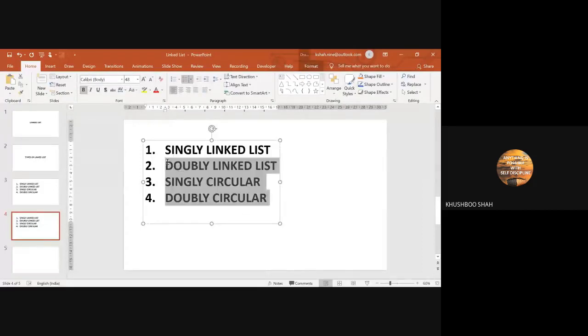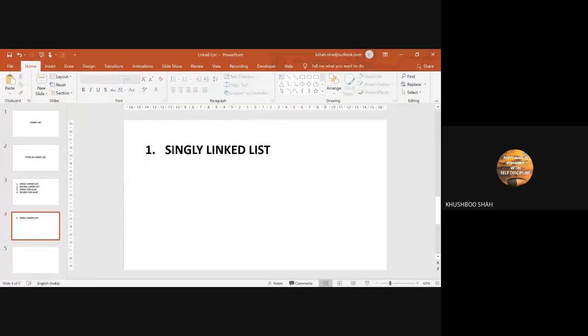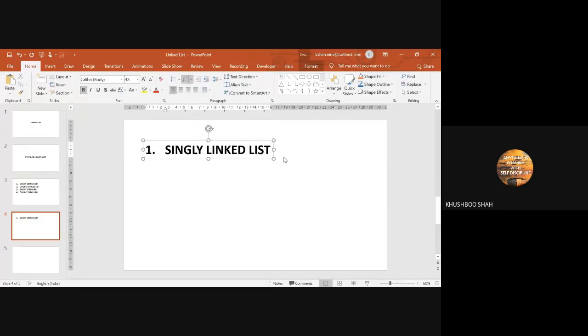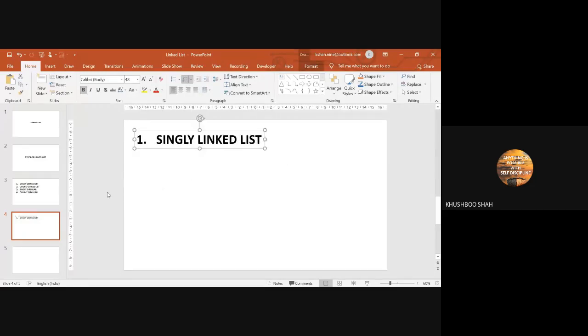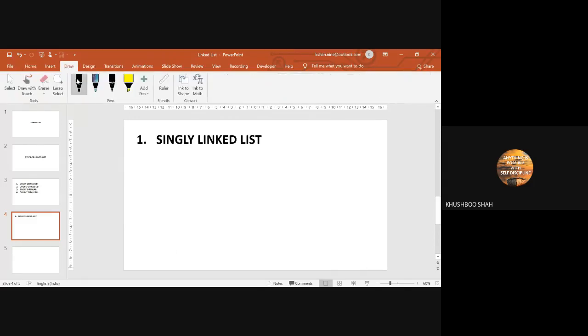So first we will draw the linked list for this. We have already studied this.